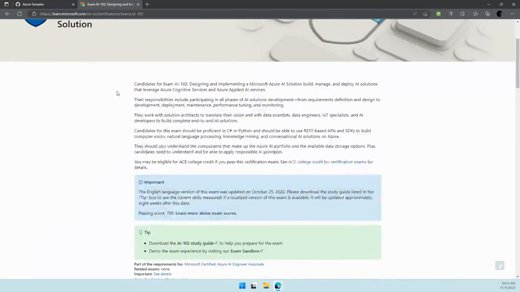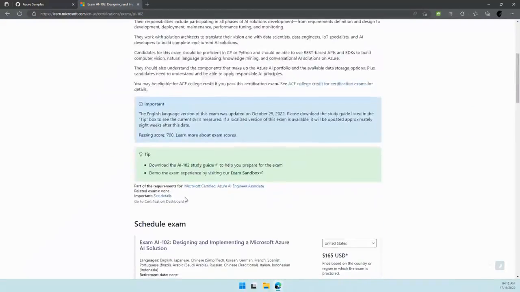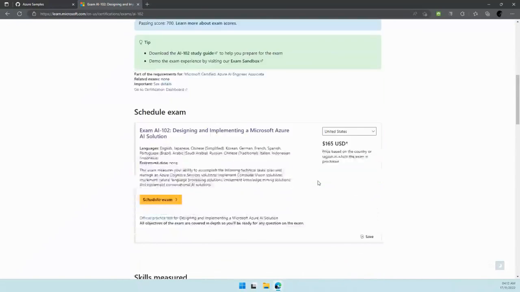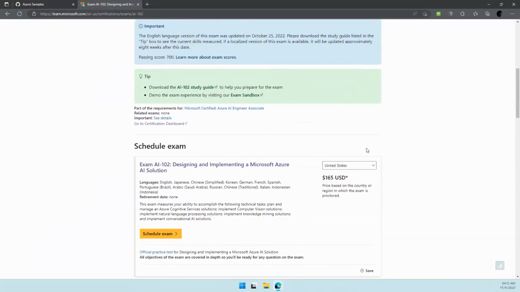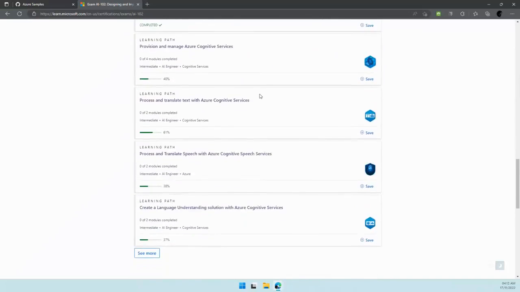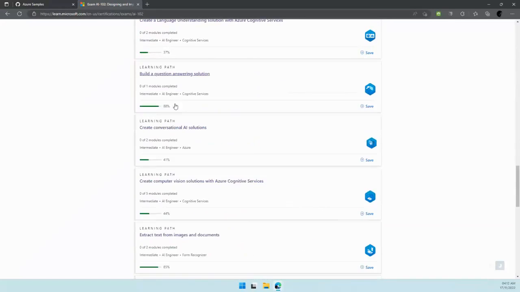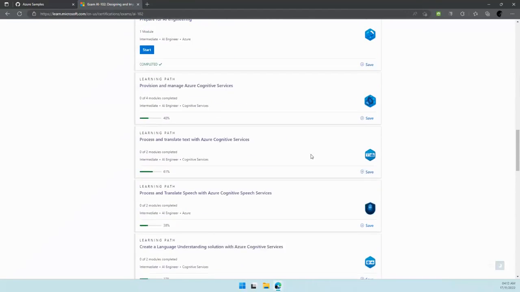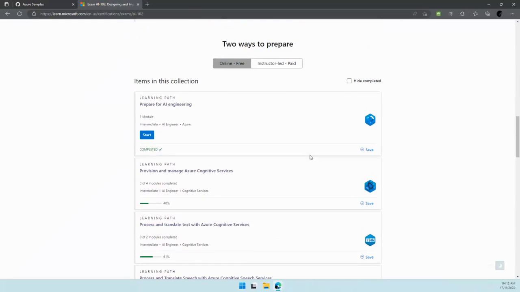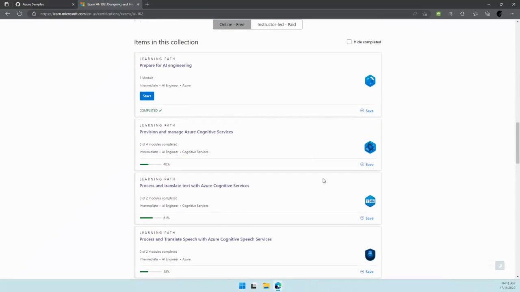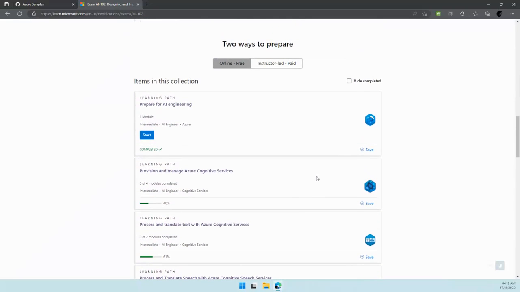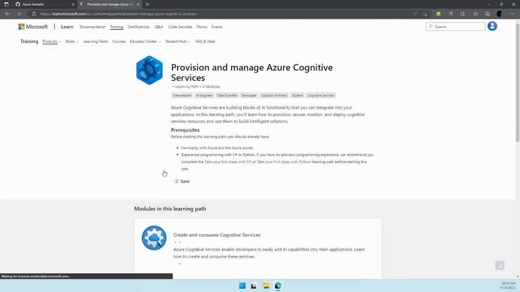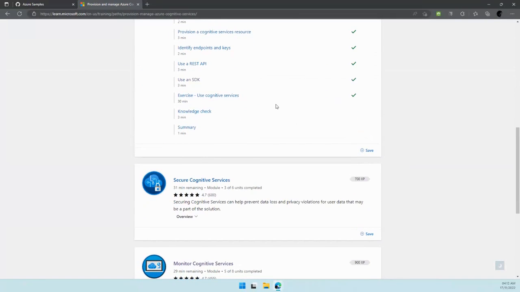And here we have the actual learning path. Everything I talk about in these last 4 days, it is right here. Everything is right here. And probably you may find more theoretical information right here. For example, if you want to see this one, provision and manage Azure Cognitive Services, you will find